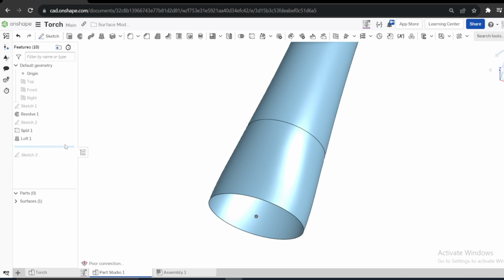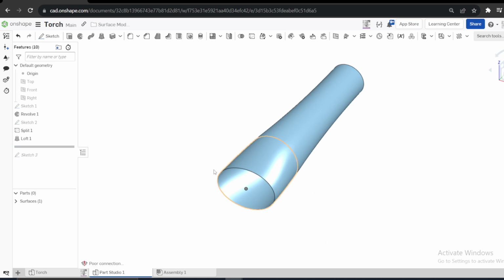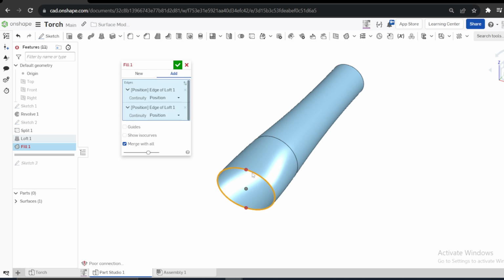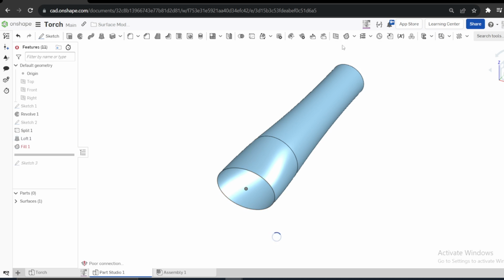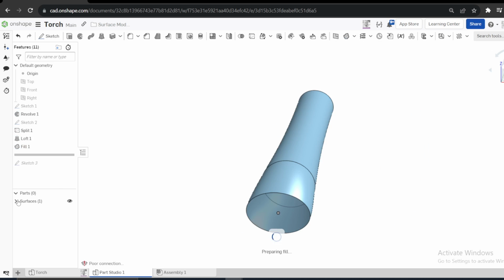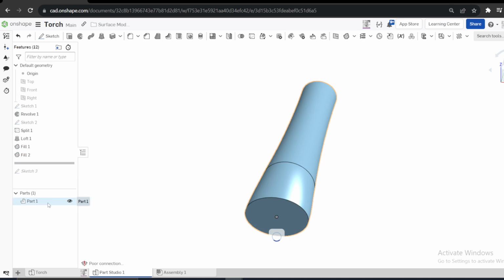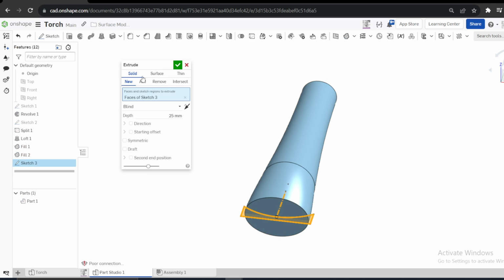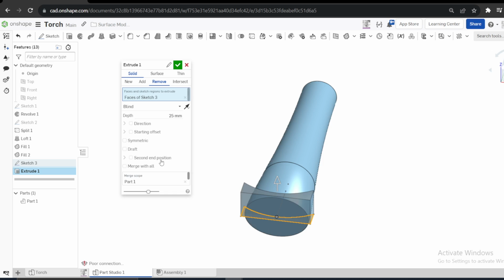You go back to the sketch, and ensure this one is a solid body by adding fill. You fill this one here like that, and you fill the back side like that. Therefore it becomes a solid once you fill everything. That becomes a part. If you go back to the sketch, if you now extrude, now you can easily remove